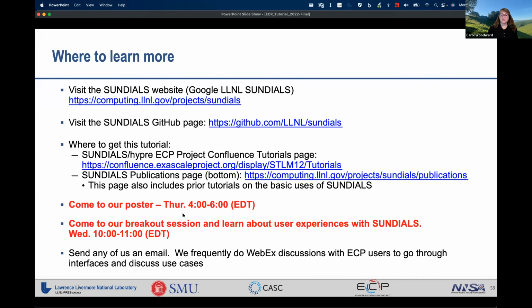You can also send any of us an email. We also frequently do WebEx discussions with ECP users to go through interfaces and discuss use cases. If you want to use Sundials, but you're not sure it's a good fit, we're happy to talk with you more about your application. Go through what your needs are, what you've tried, what hasn't worked, what you think might